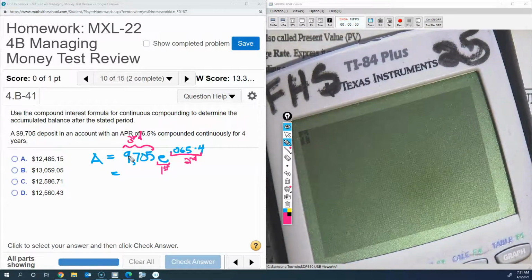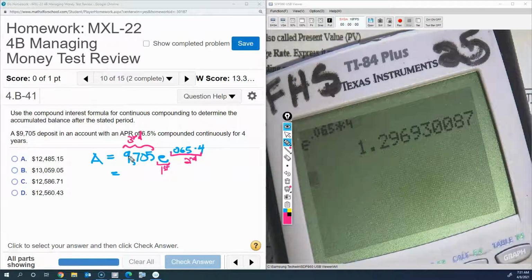Second, divide, it gives me my e exponent. Four times